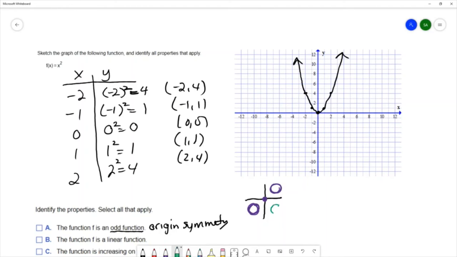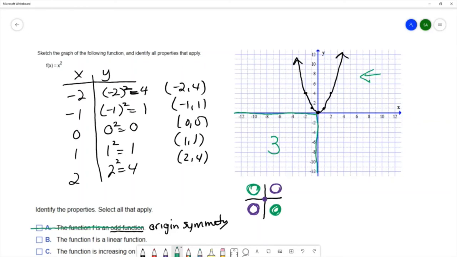And if you have a picture in the fourth quadrant, it would be a mirror image in the second quadrant. You can clearly see in our picture that our third quadrant is completely empty, and yet we have points in the first quadrant, so this function cannot be an odd function because we don't have a mirror image in these opposite quadrants. So we would not check